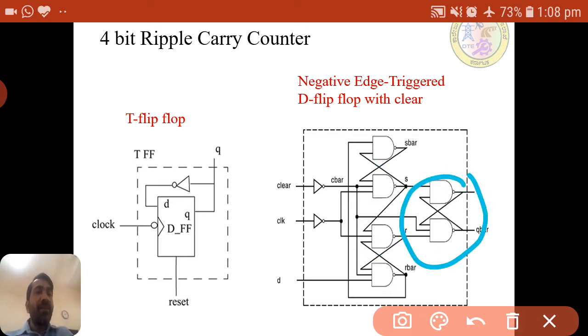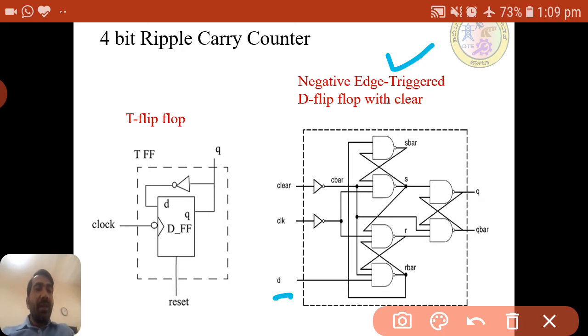This is one latch, this is one latch, and this is one latch. By using 3 latches we can represent the D flip flop with negative edge triggering, as I told in the previous slide. So this is a negative edge triggered flip flop.